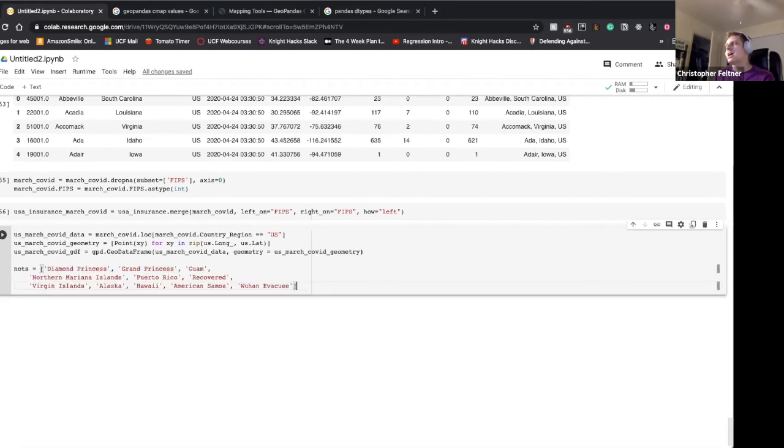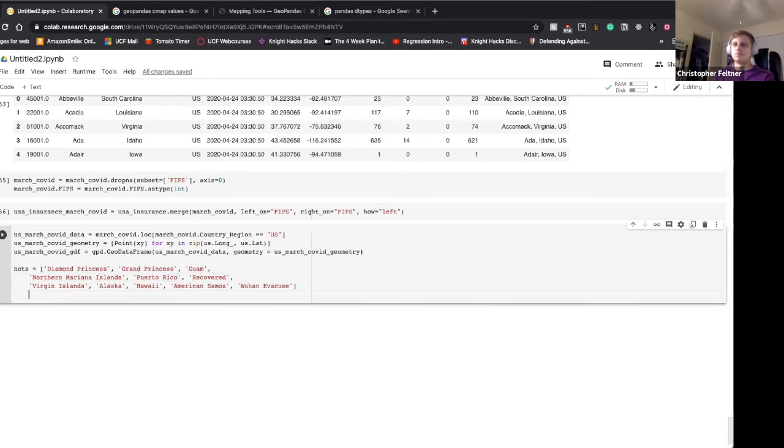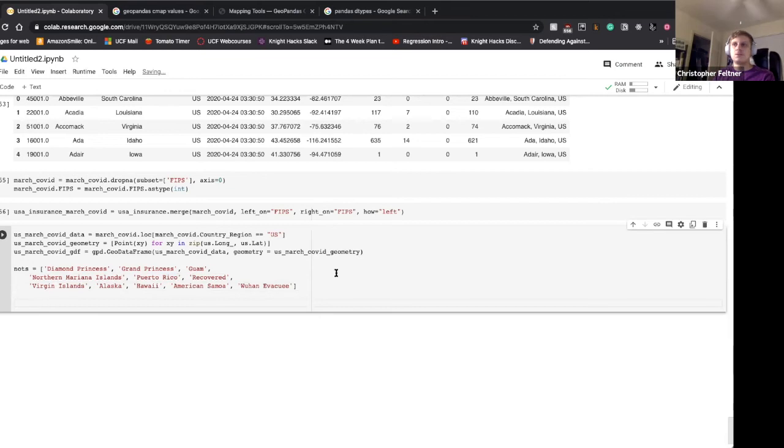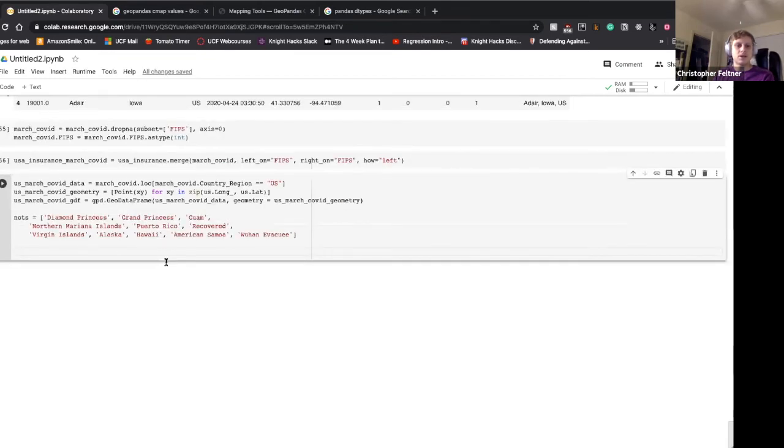I'll paste this into the chat, and you can paste this directly into your Colab, or you can look at my finished code. Like Guam, we don't want to include that. Puerto Rico, because we already restricted our map to the continental United States. Northern Mariana Islands, we don't need that data. Not that those places are not important, but